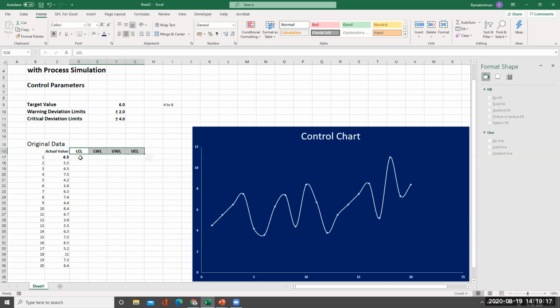This is the thing. Now this LCL formula is here equal to F9. F9, that is the target value. I'll make it, as it's a constant, no? Therefore, absolute value minus F11, right? I'll put constant dollar values. I'll just enter it. Now I'm going to copy it and then change only the differences.